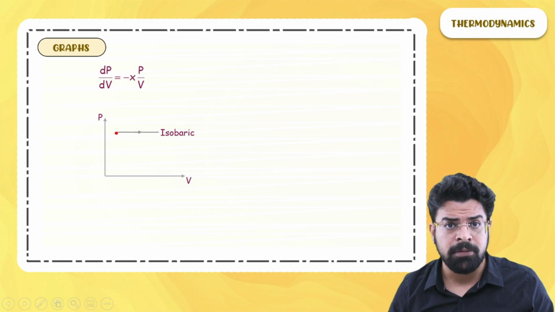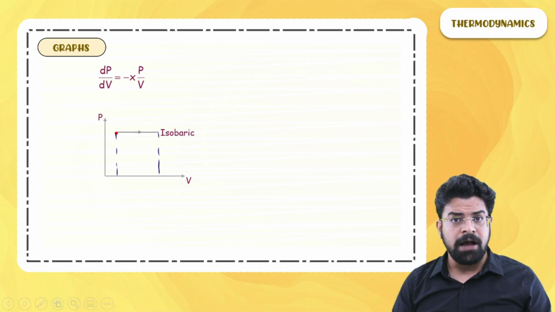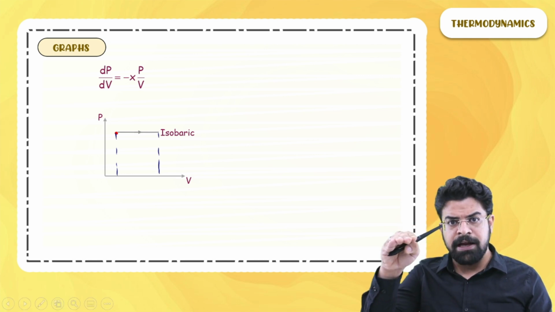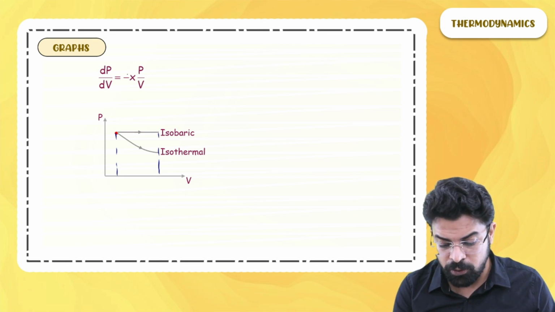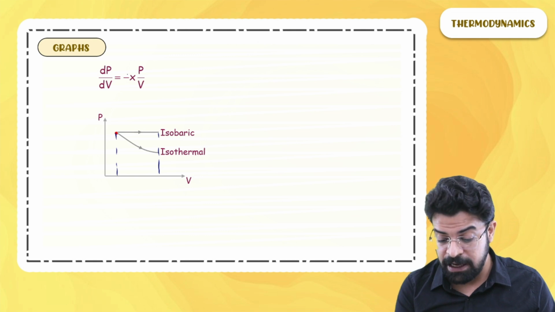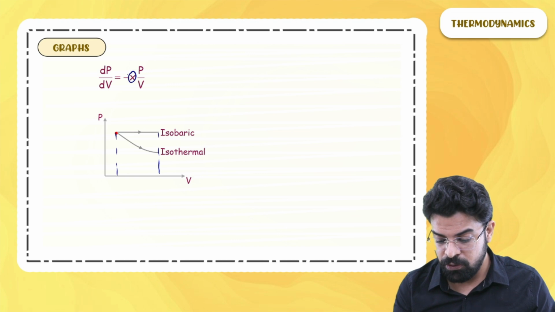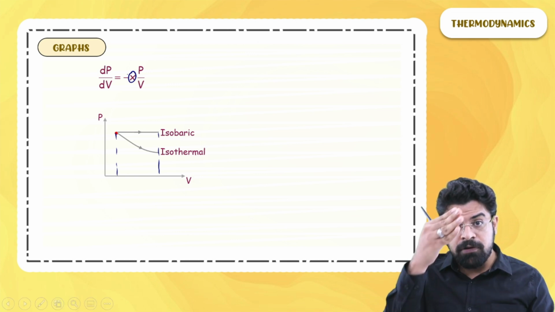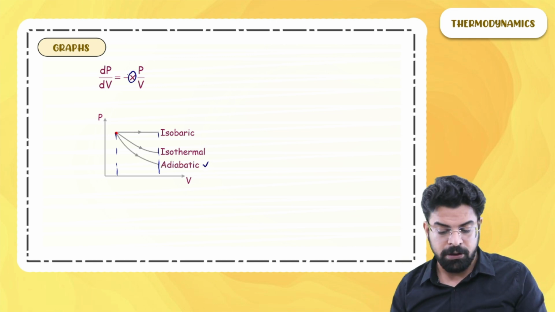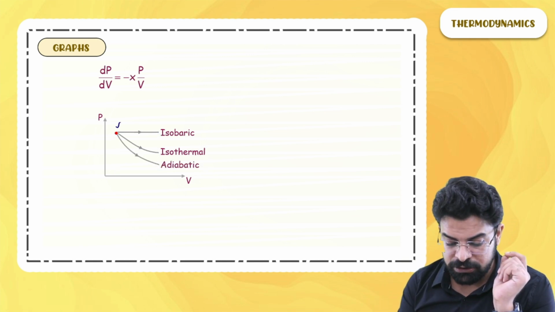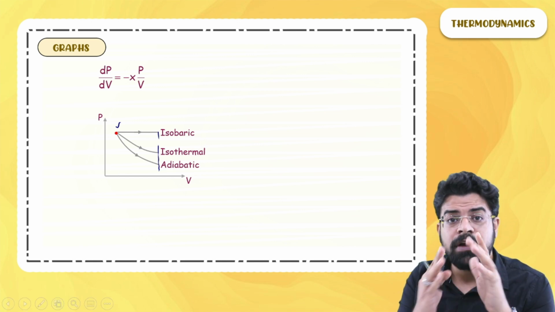Now for isothermal process, from same initial state to same final volume, on the PV graph, we get a curve. And for adiabatic process, remember that the slope is gamma times that for isothermal. For isothermal, we get x equals to 1. And for adiabatic, x is gamma. So the slope for adiabatic curve will be more steep. And it will be a curve, but it will be more steep. So from same initial state to same final volume, we have seen what the three graphs look like. This is for expansion of gas.